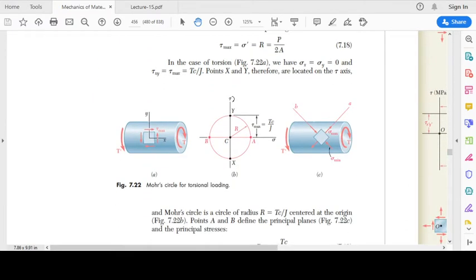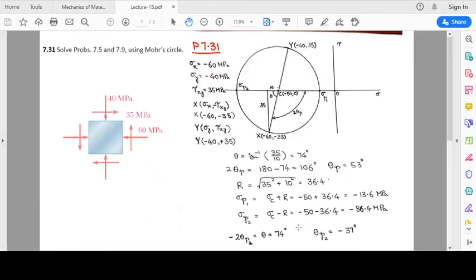Okay, now we will look at some problems, the 2 problems that we have already solved using the equations. This is problem 7.31, and we have to solve problem 7.5 that we have already solved using the equations that we had developed. Now the value of sigma x is minus 60 megapascals, sigma y is minus 40 megapascals, tau